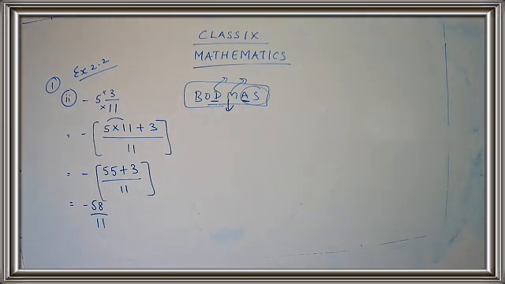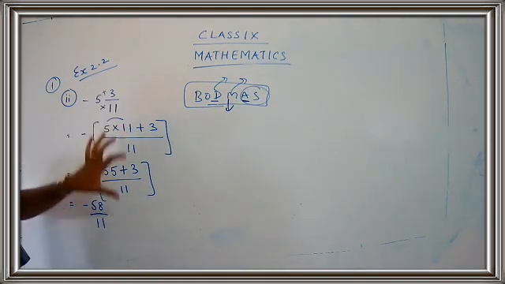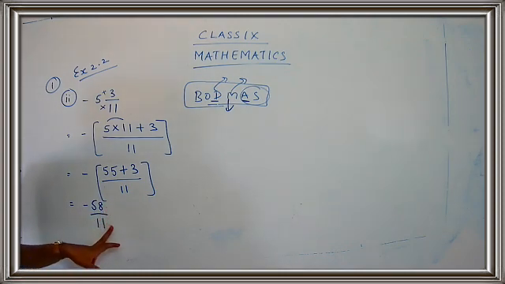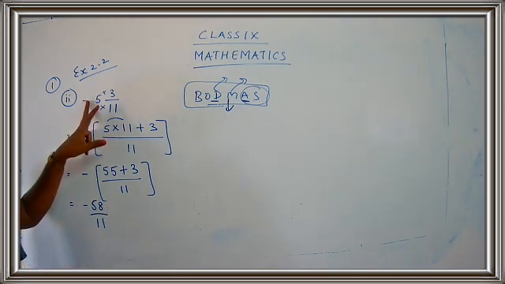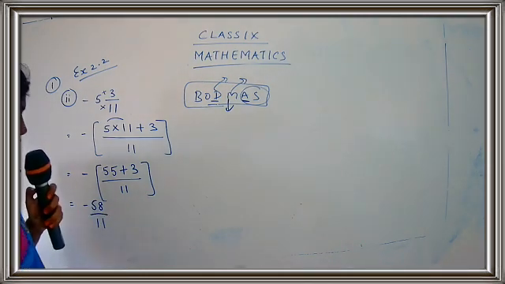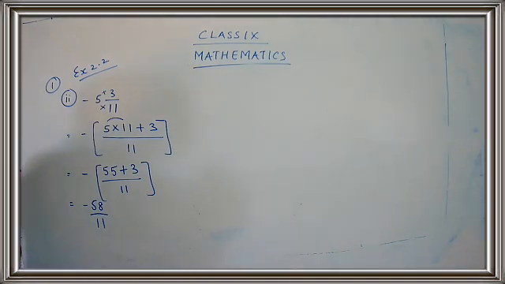Okay, now we have to go for the question part. What was the question? The question was to change the rational number into decimal. Yes. So we converted the mixed fraction into the form of a rational number. Yes, children? We got a rational number. Is it in the form of P upon Q? Yes. We have a numerator and we have a denominator. That means we have converted it into the form of a rational number. Now what are you going to do? Now you have to change this into a decimal number. How to change into a decimal number? That's what we have to divide.